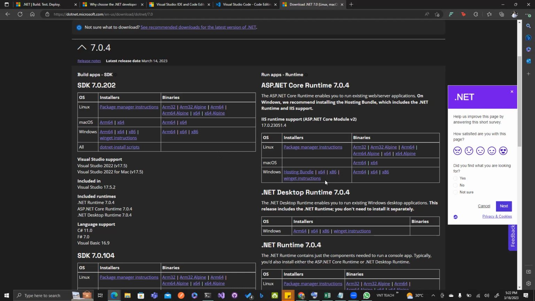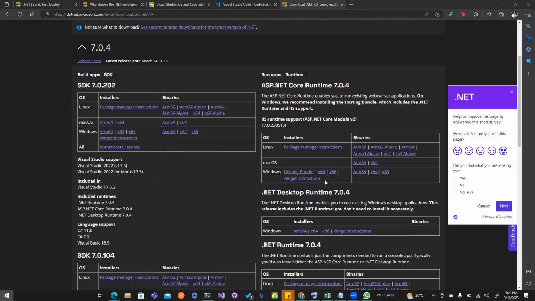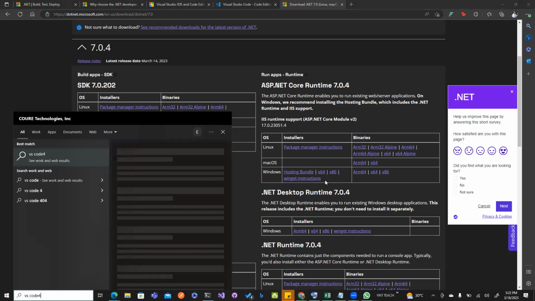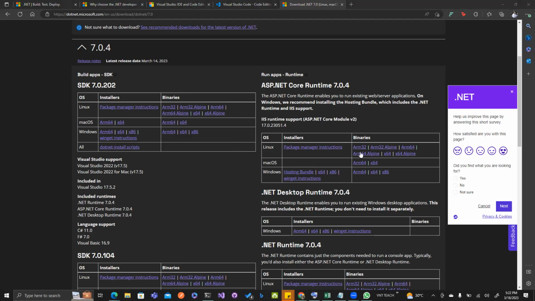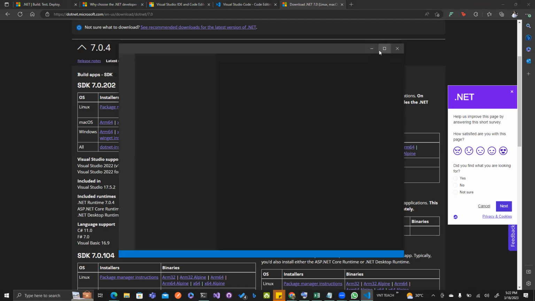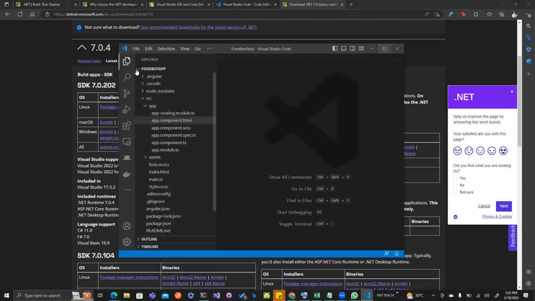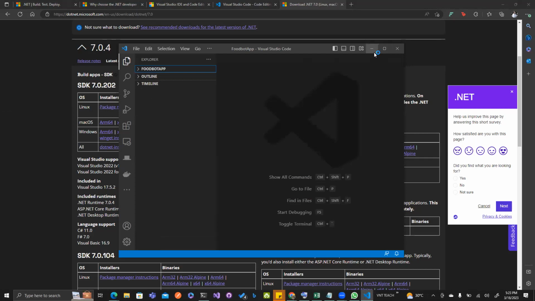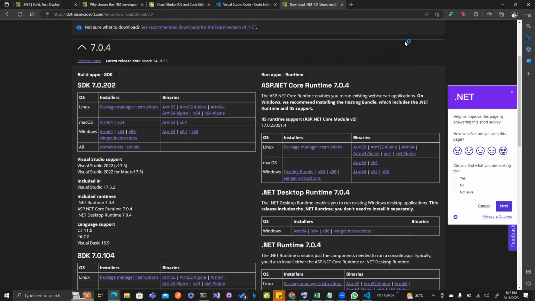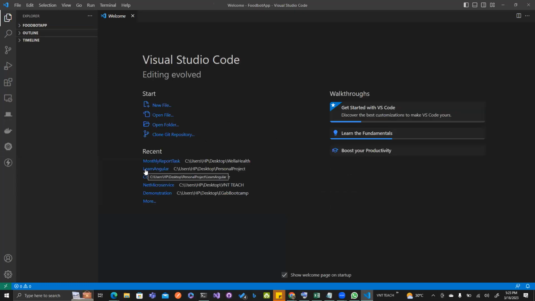But then on Visual Studio Code, so I'm just gonna do VS Code. Yeah, so on Visual Studio Code, you have to minimize this and bring this up. So on Visual Studio Code, you have to install some extensions.